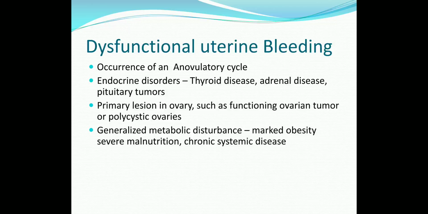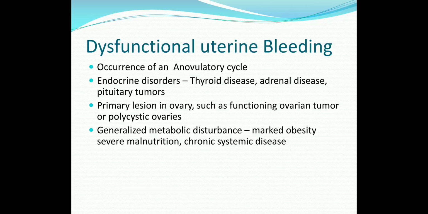Now the other entity in the endometrium is the pathological part. So till now you have seen the normal part, that is the proliferative endometrium and the secretory endometrium. Now you can see the pathological aspects. So what do you mean by dysfunctional uterine bleeding? This is actually a clinical terminology. They use it for any kind of bleeding, PV, which arises from the uterus, but usually you can't identify a lesion or a structural abnormality in the uterus. So that is known as dysfunctional uterine bleeding. They don't know the cause, a structural abnormality won't be there.